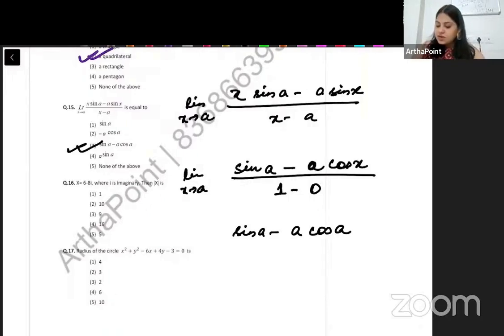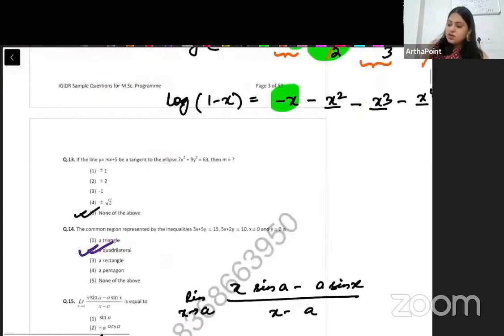Beta, here, just recheck this one once again. I think we haven't made any mistake. Just have a look again, okay? See if some calculation mistake was made. Okay, that's